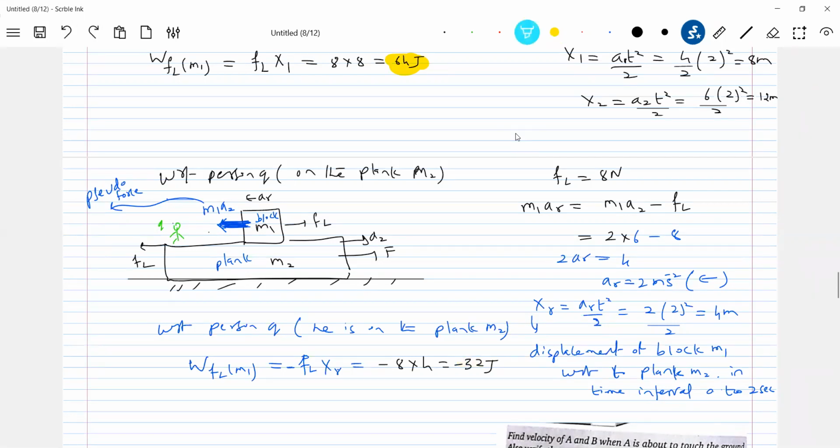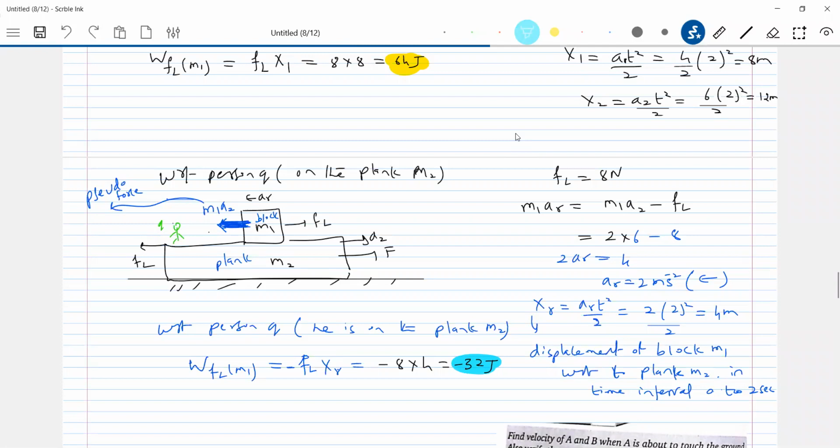So once again, to show that if a force does positive work in one frame, it may do negative work in another frame. It may do zero work. It may do more than that, less than that. So work done is different in different frames of reference. That's for this particular statement. You have this very small statement in the textbook: work done is different in different frames of reference.